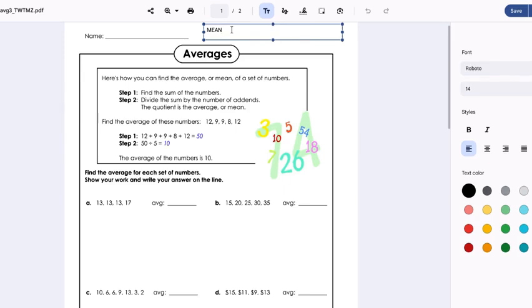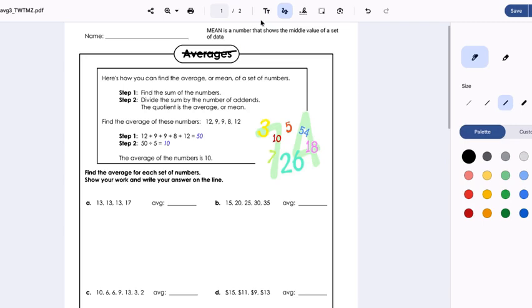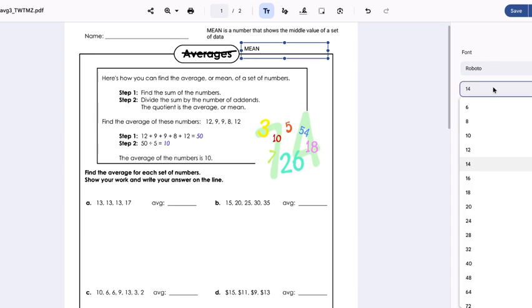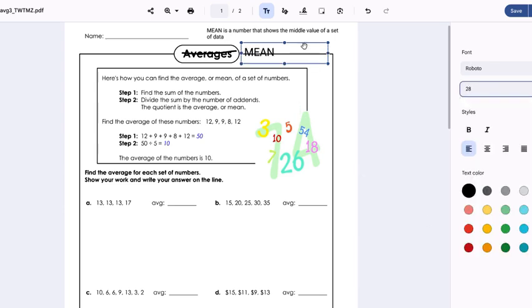So the mean of a set of data, I'm going to say the mean is a number that shows the middle value of a set of data. And sometimes mean is referred to as averages, like in this page. But we're going to practice just calling it mean. And it is spelt the exact same way as if you're being mean to someone. I don't really know why it's called the mean, but that is the proper term when we're looking at it